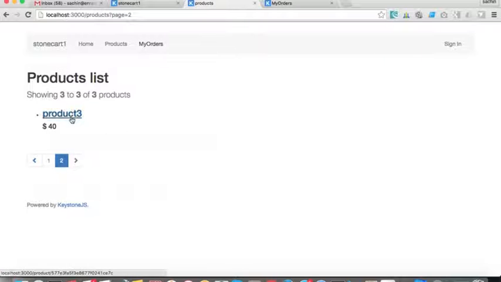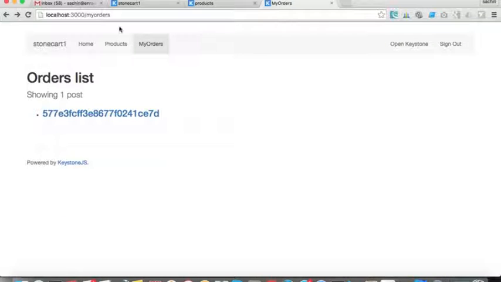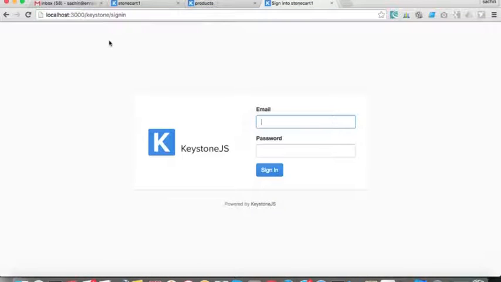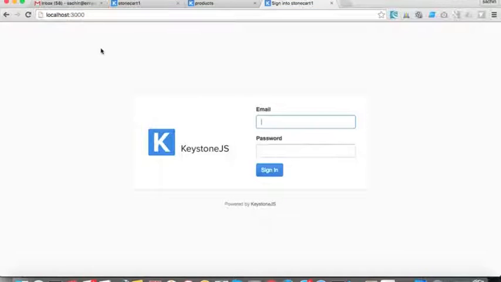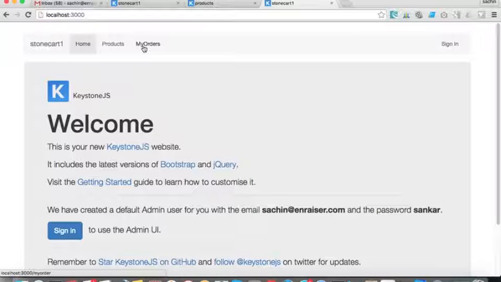Now in case of product, I have put, oh wait a minute, in case of not logged in person, there is no point of seeing order. This link should not be there,